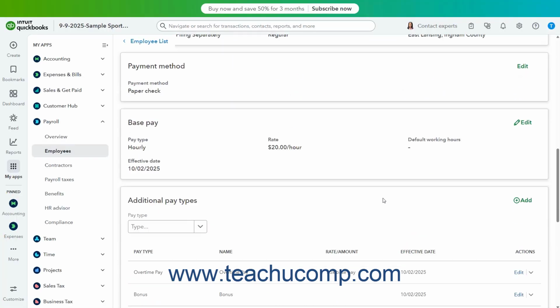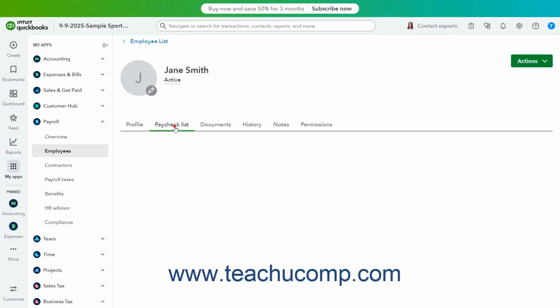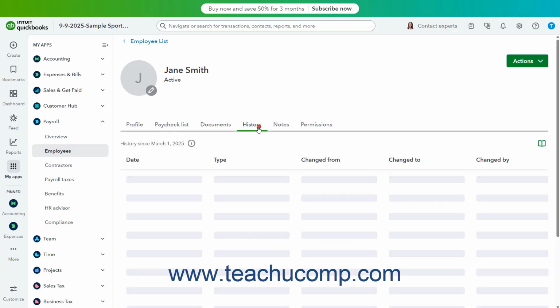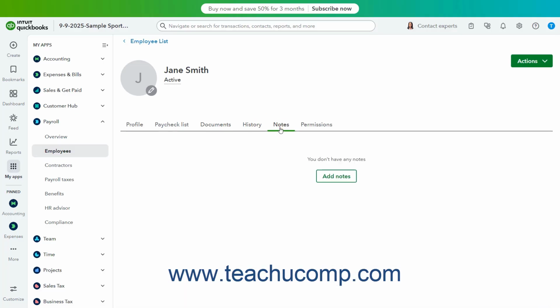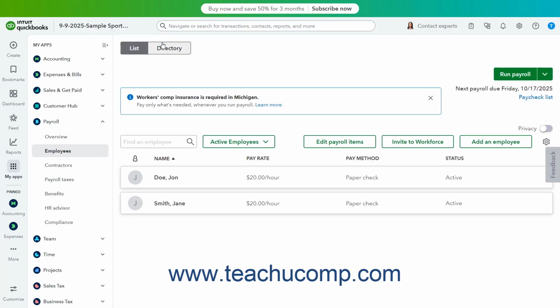In addition to the Employee's Profile tab, there are also tabs that you can click to show the employee's paycheck list, documents, history, notes, and QuickBooks Workforce permissions. To return to the employee's list from an employee's detail page, click the Employee List link in its upper left corner. After adding employees and running a payroll, a graph showing your annual payroll cost appears at the top of